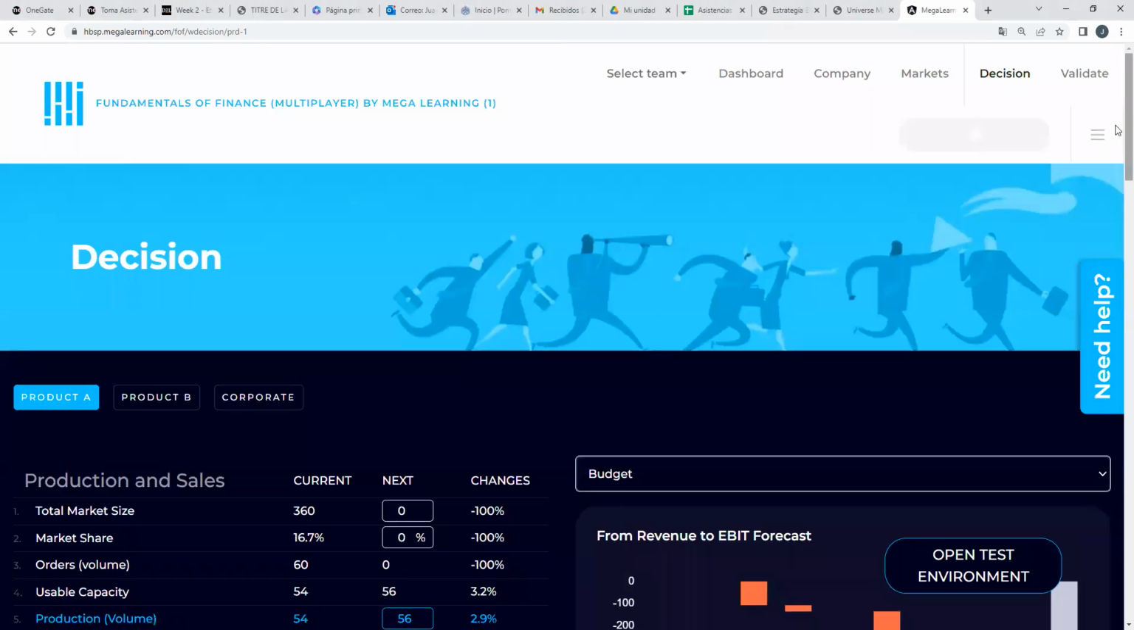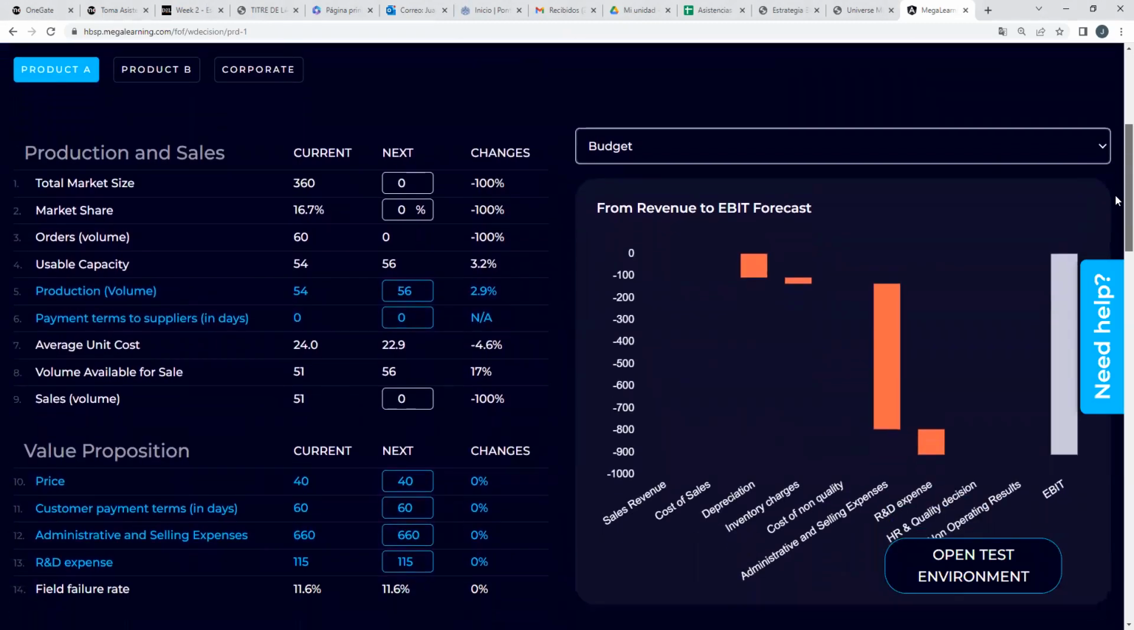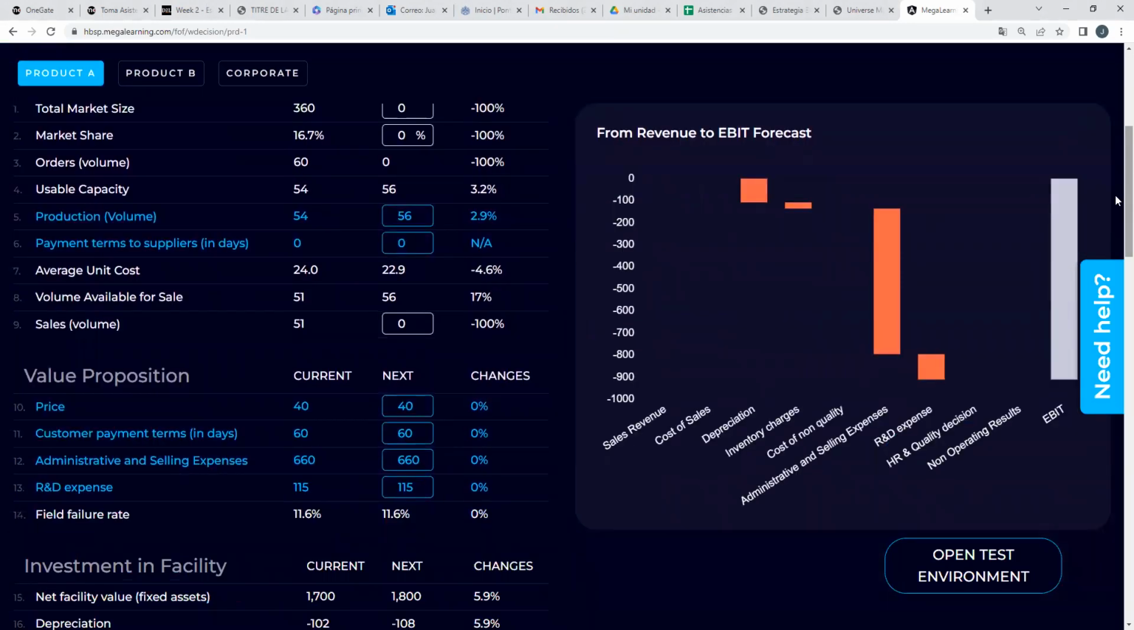Okay, guys. So first, I'm going to the decision tab, which is where you are going to fill in the boxes that you need to change, okay? So look, guys, you have product A and product B and corporate, okay? This means that the same decision that you take for A, you are going to take for B,